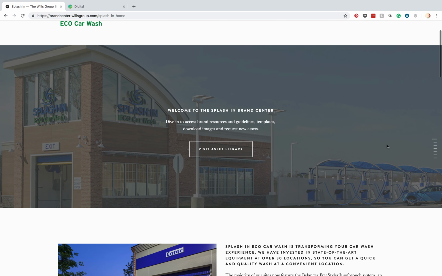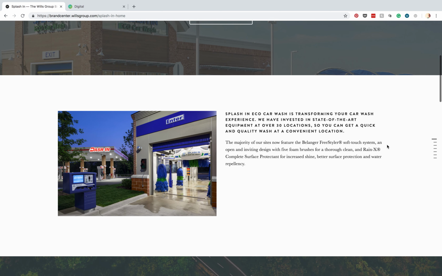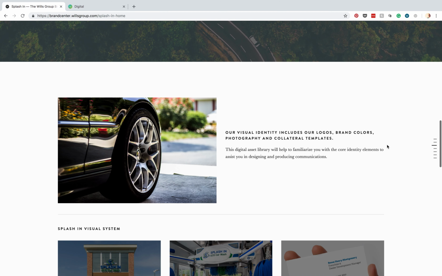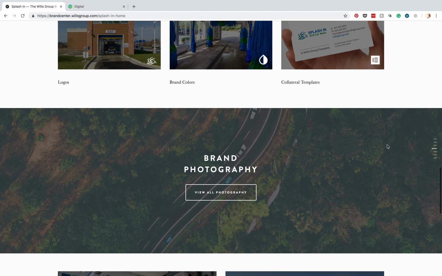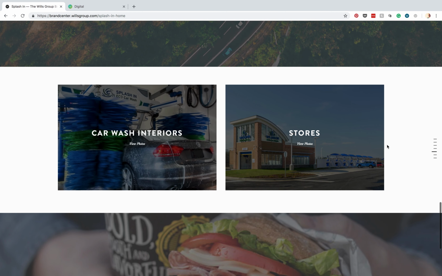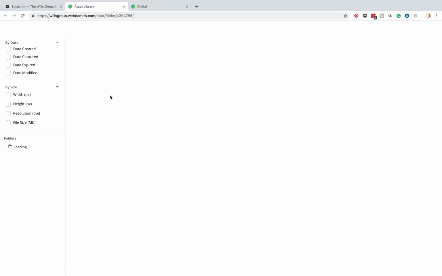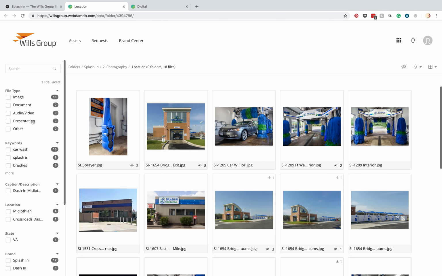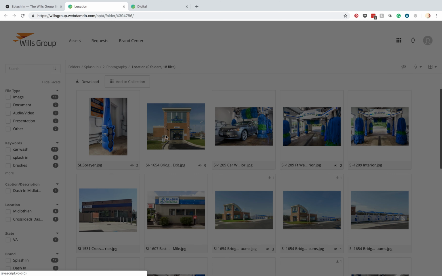Now that you've seen how to download logos, view brand colors, and access fonts, let's browse approved brand photography, found just under the Visual System categories. Upon clicking Car Wash Interiors, our asset library will open. You can hover to see images enlarged, use the left sidebar to filter results, or double-click to view full details